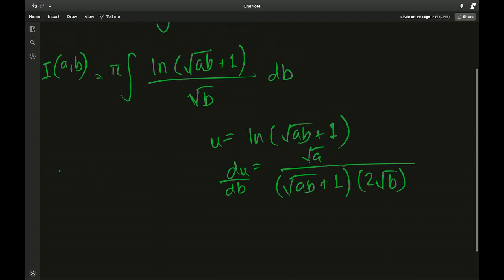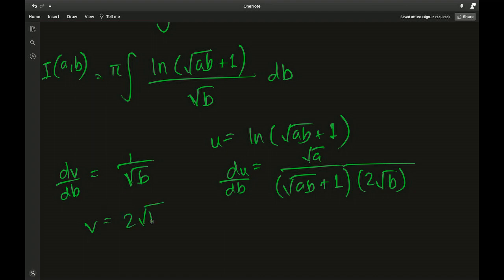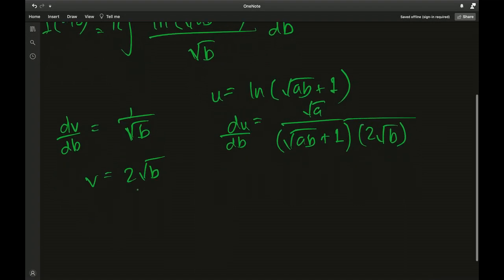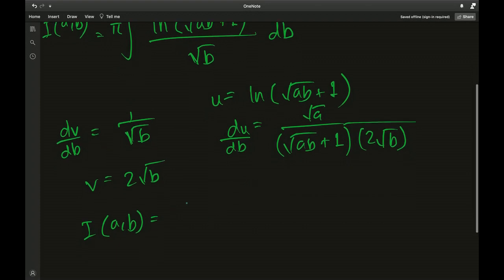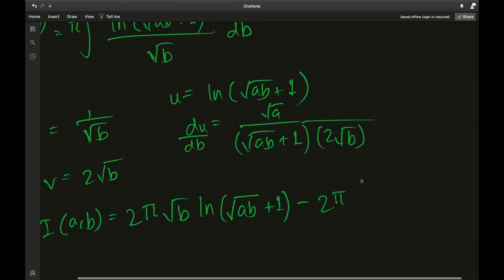And then if we assume dv over dB to be 1 over square root of B, then V will just be 2 times square root of B. So now using the formula for integration by parts, we have the pi as it is, u times V. So 2 pi square root of B natural log of square root of AB plus 1 minus 2 pi, and then